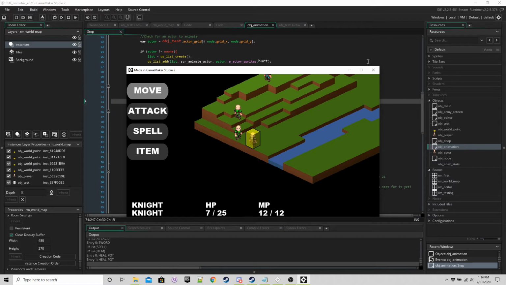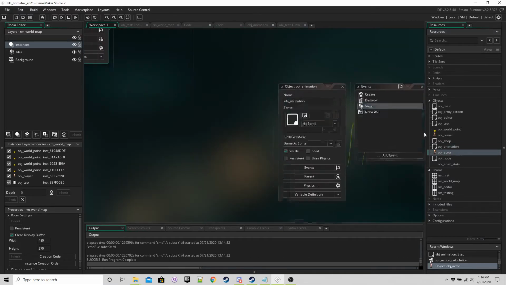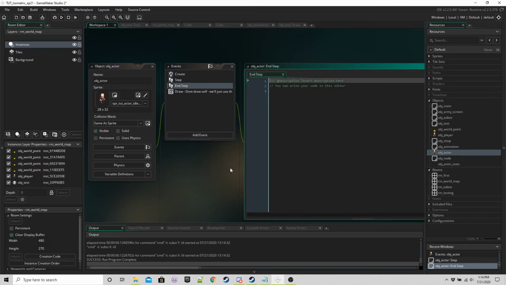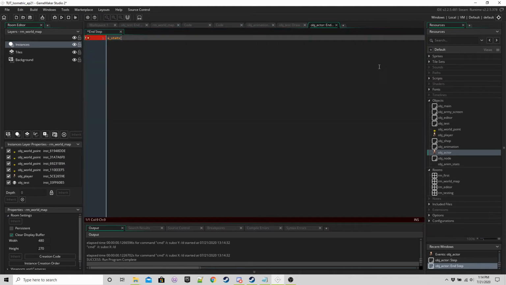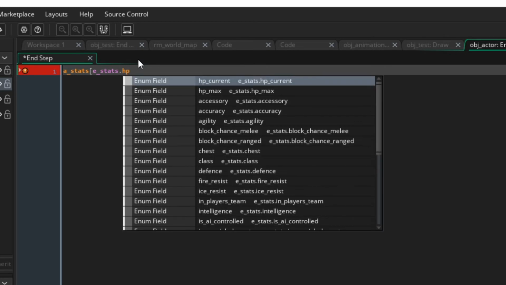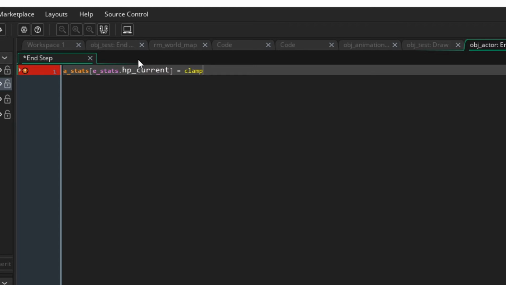One thing that I need to do before we finish with this stat stuff is we need to make sure that the HP and mana of the actors doesn't go above their max. So in the end step event of OBJ actor, we're going to say A stats, let me just increase the size of this. A stats, E stats dot HP current equals clamp, A stats